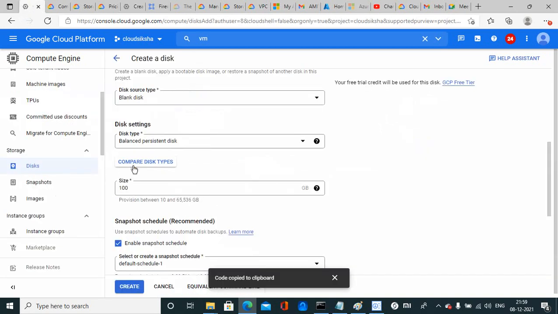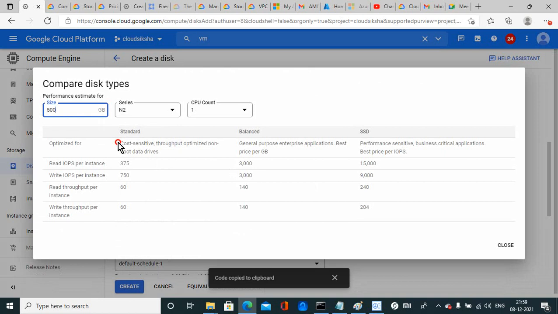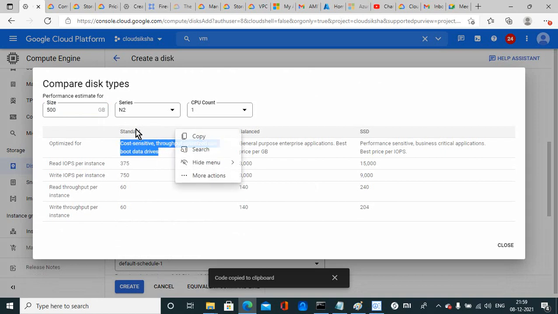And also the purpose of the disk, you can see: cost sensitive, throughput optimized, non-boot data drive. The standard is not for a boot drive, meaning you use it for the D drive or E drive to store your data. For that only, standard persistent disk.